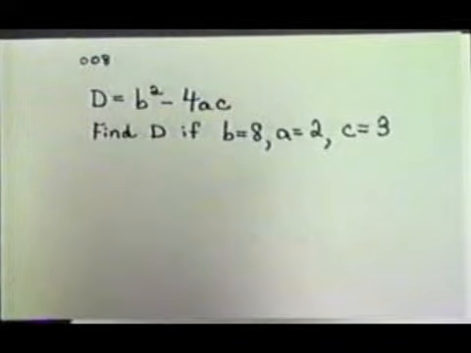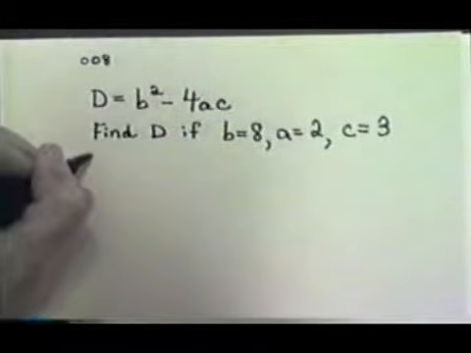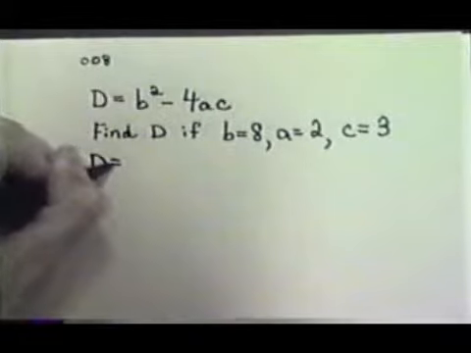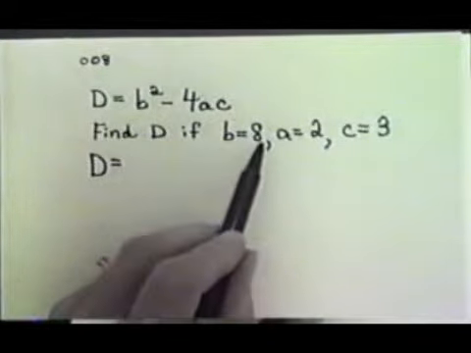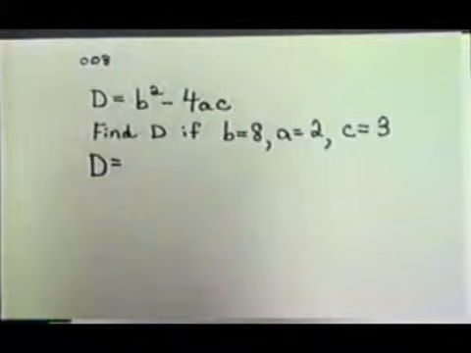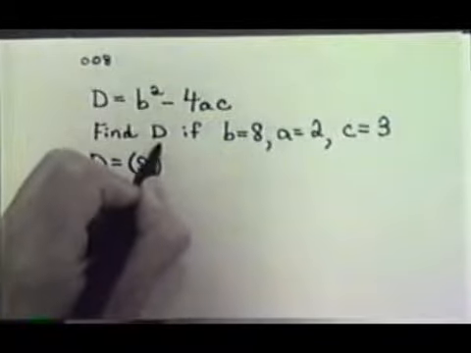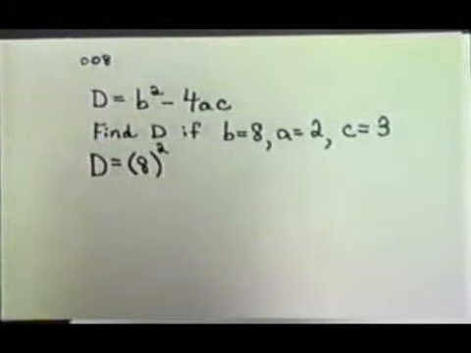What we're asked to do is to find D. We're given a value for B, a value for A, and a value for C, and we're asked to find D. So let's fill in the values that we're given. I'll write my D, because I don't know what it is equal to, and I'm given that B is 8, so I want to fill in 8 in B's place. I'm going to put in 8, and since I want to square it, I'm going to put my square in,